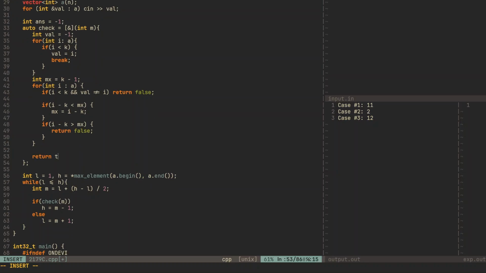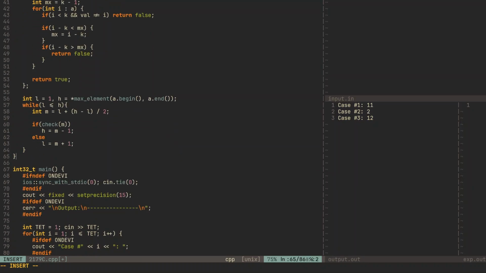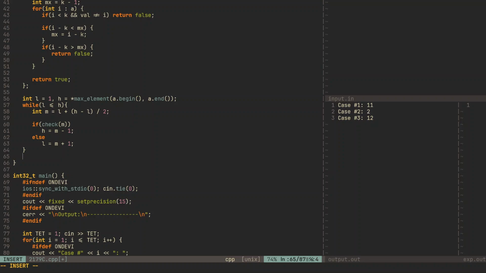Return true. I don't know what I'm doing, but I think it will be correct. Answer will be equal to m. If this check function is correct, then it is